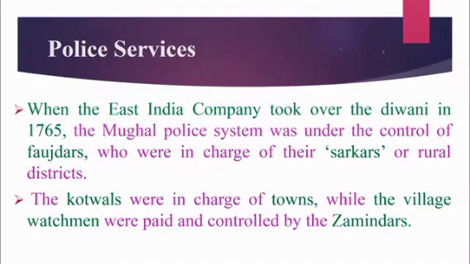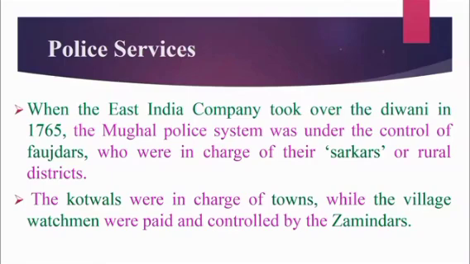Faujdars are like the policemen. He is responsible for each sarkar or rural district. Here, rural refers to the village side. So, each sarkar or rural district was under the control of